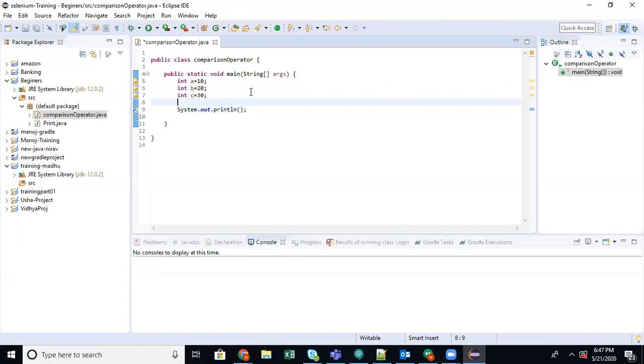First let's add the things. Int D equal to A plus B plus C. So the value of D, we are going to check whether it is greater than 100. After comparing, the system will say whether it is true or false. If it is greater than 100, it will return true. If it is not greater than 100, it will return false.